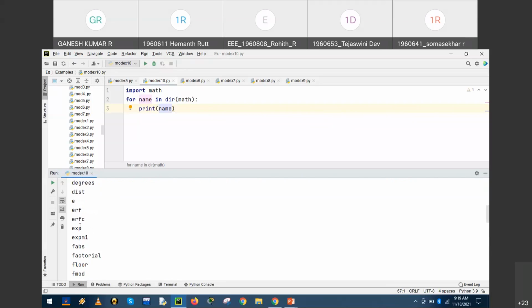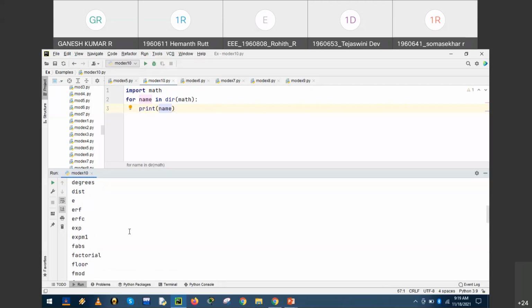distance, erf function, exponentiation, factorial, floor, comma, GCD, hypotenuse, okay, is close, is finite, LCM, log values, log base 10, okay, log base 1, log base 2, mod function, pi, pow, power, radians, remainder, sine, constant, square root, hyperbolic function, sinh, truncate.